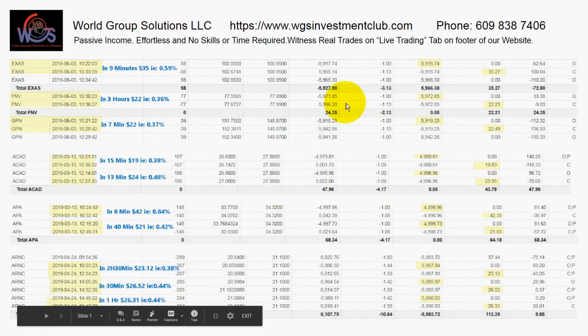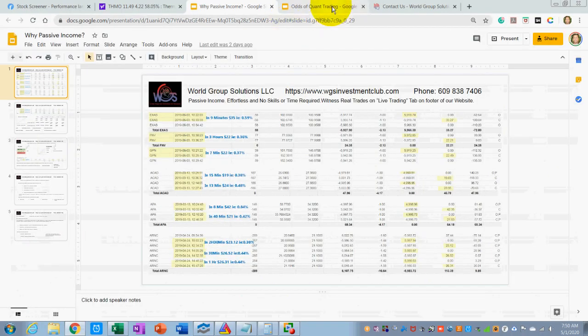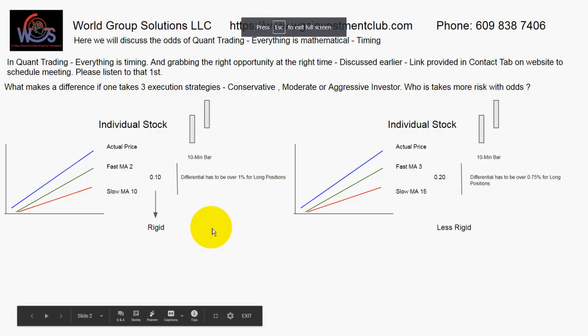you'll notice in different intervals of time, you're making different percentages of profit. This is because of the sweet spot. The sweet spot is so important. So I'll go back to the one which I was explaining. So having said that,